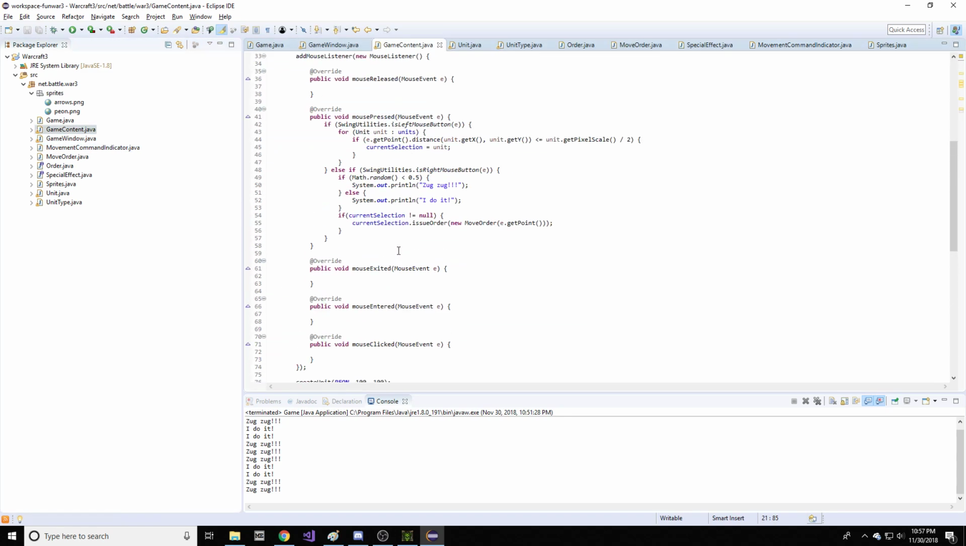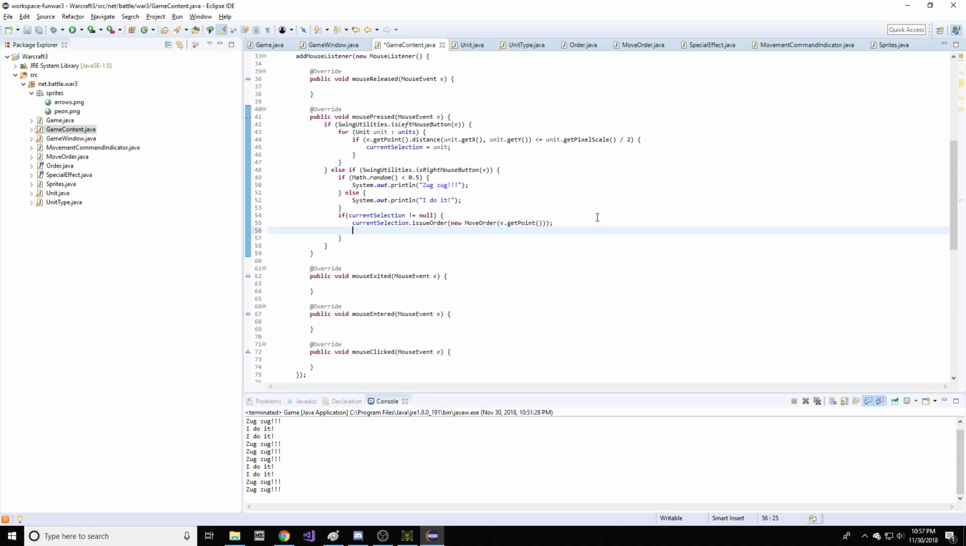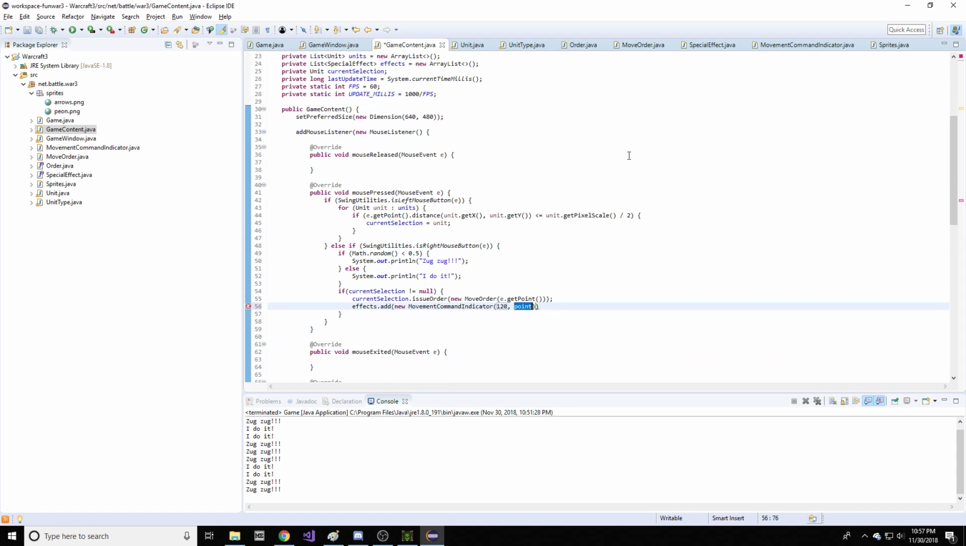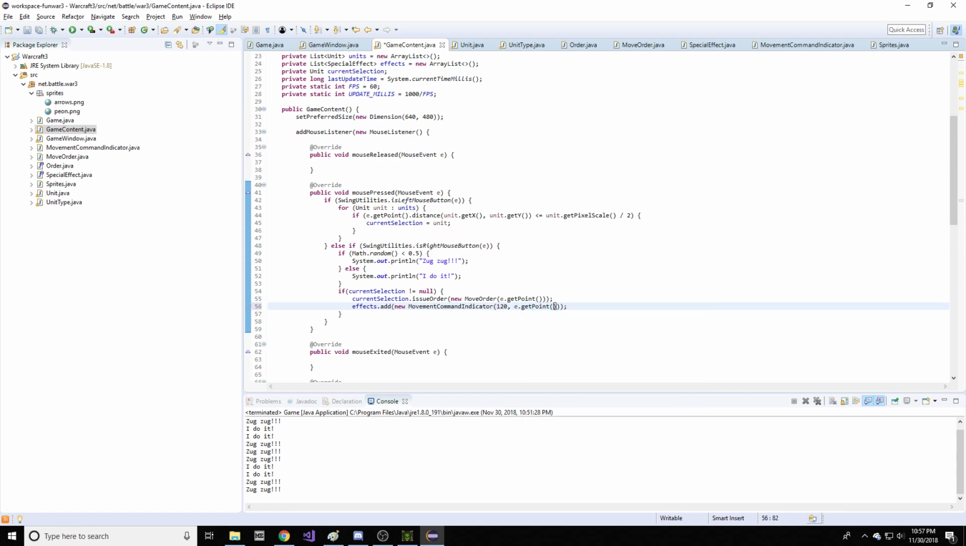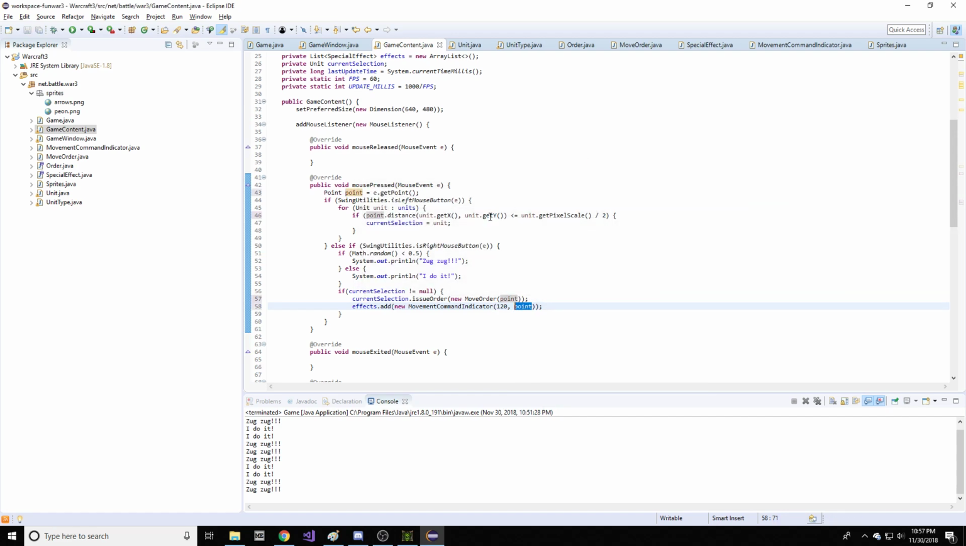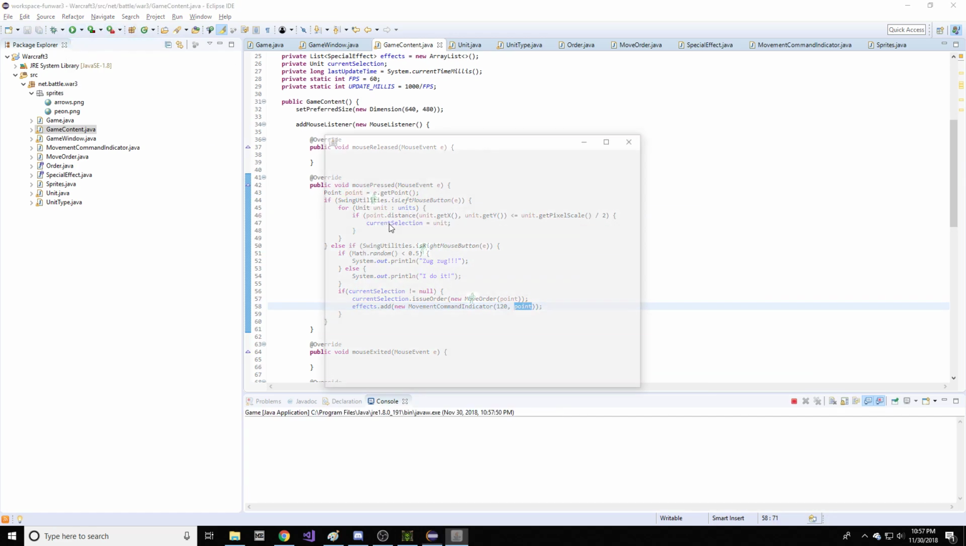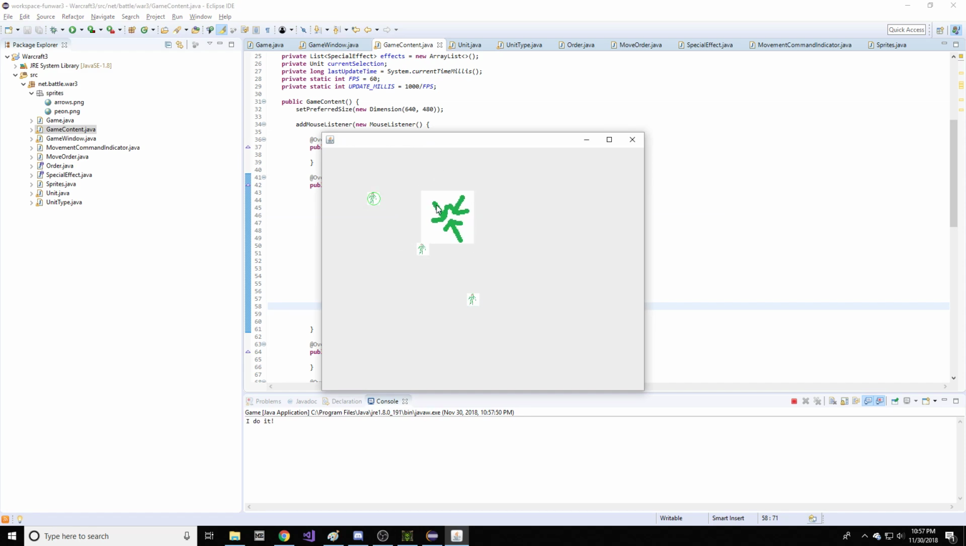And we can put that in the game that when you right click and issue order, you can say effects.add new movement command indicator of, was it 2 seconds? 2 seconds is like 120 for 60 frames per second, 120 ticks. And the point is again e.getPoint. Now notably e.getPoint allocates location, so we're going to just allocate one of them at the top. Alright, cool. So now I'm going to have that, so I should be able to just see,